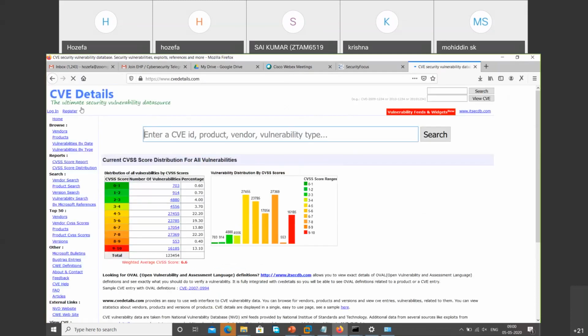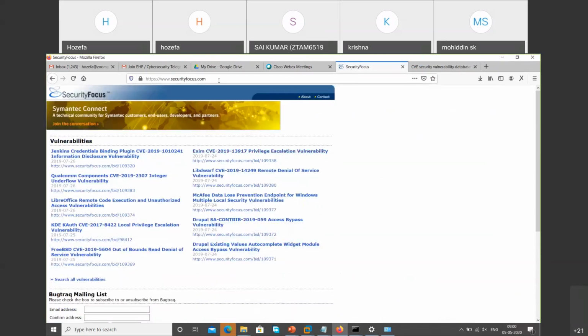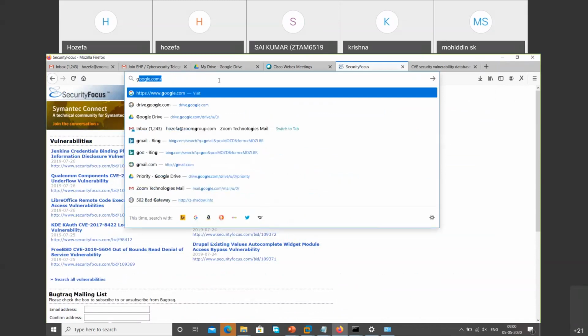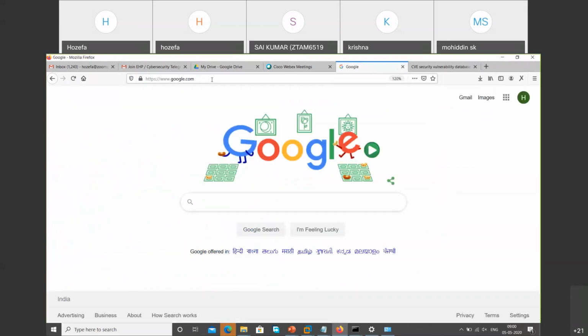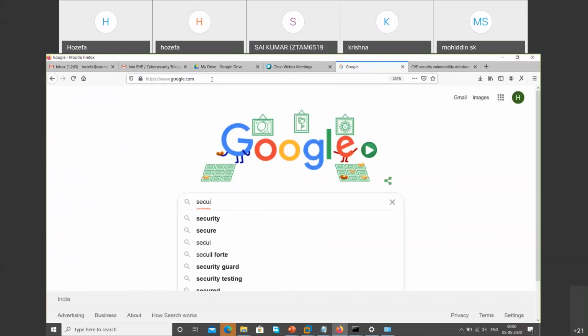You can see here cvdetails.com. I'll tell you how to use this website, but for the time being, you can note down this CVE details, security focus. Now, instead of searching for individual things here, I have a better option. What I generally do is say directly security focus